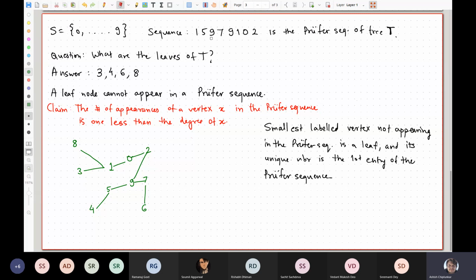Okay, so with all this intuition in mind, yeah, Arush? Sir, how did you realize there was a mistake when you were doing it? The reason was that every time the length of the prefer sequence has to be 2 less than the size of the vertex set. At some point I realized that the vertex set has size 2, but the prefer sequence has length 1. So that is some weird thing, which means I forgot to remove something from the prefer sequence sometime. Okay, sir. Thank you. So I think it was that 0. Exactly, I forgot to remove the 0.